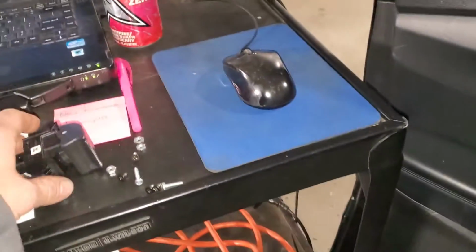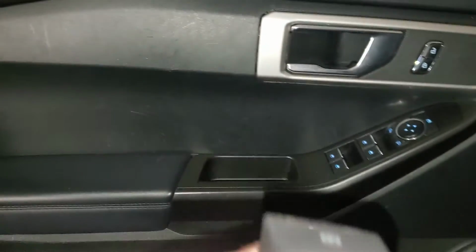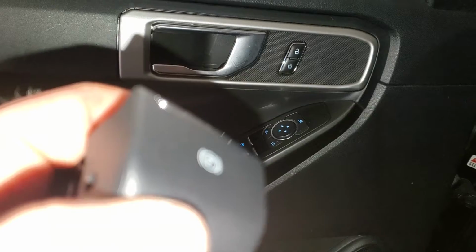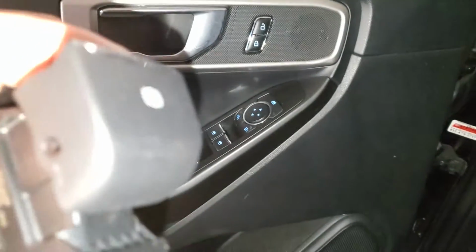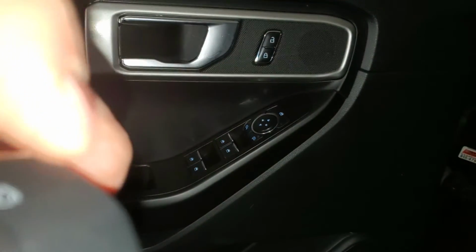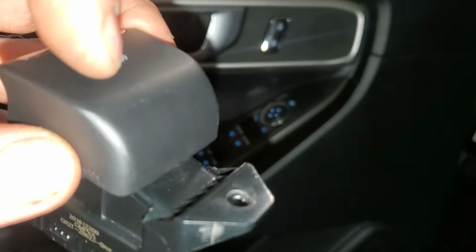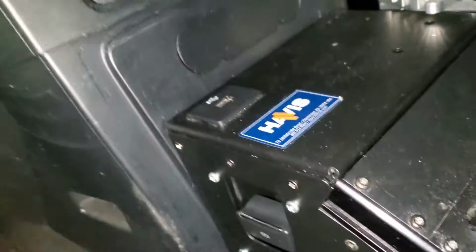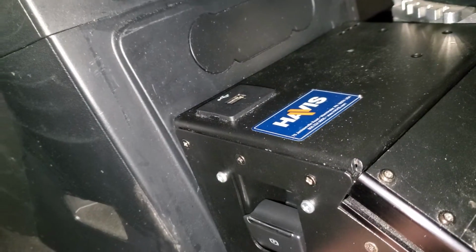Okay, this one's going to be a little bit different. I had a parking brake switch fault, and if you look at this parking brake here, you can see a faint outline across this. You can see a real faint line across that, where when the upfitter built this, they put the parking brake switch in here, but they